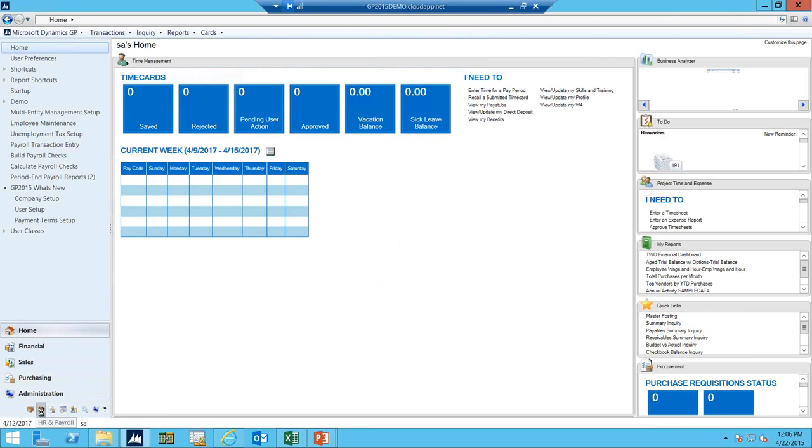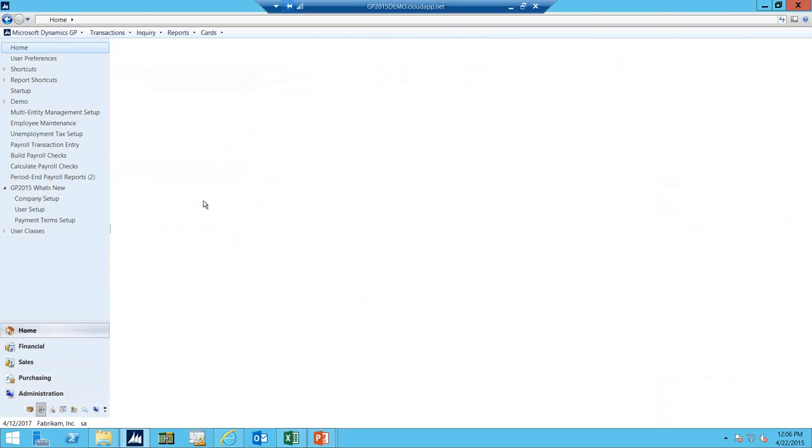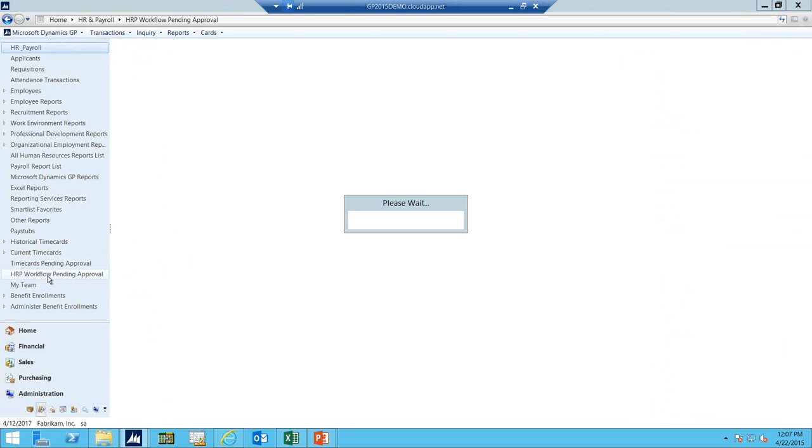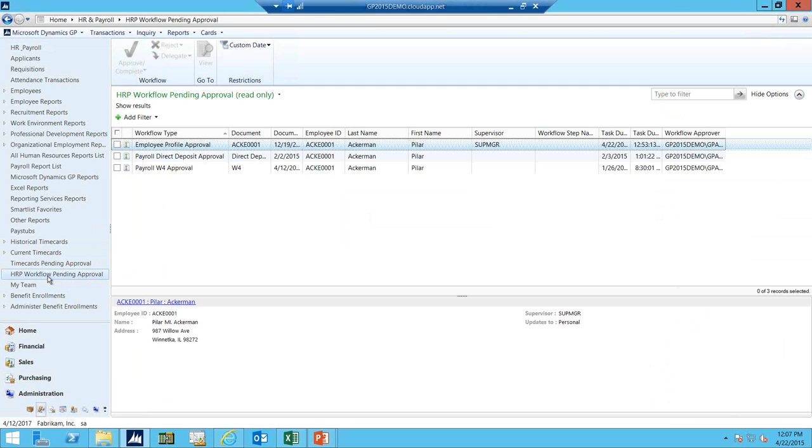And if I go to my Human Resources and Payroll section and go to my Workflow Pending Approval, this should list out all of the workflow requests that have been sent to me that I should be able to approve or disapprove. So if I mark a particular transaction, I can view it,